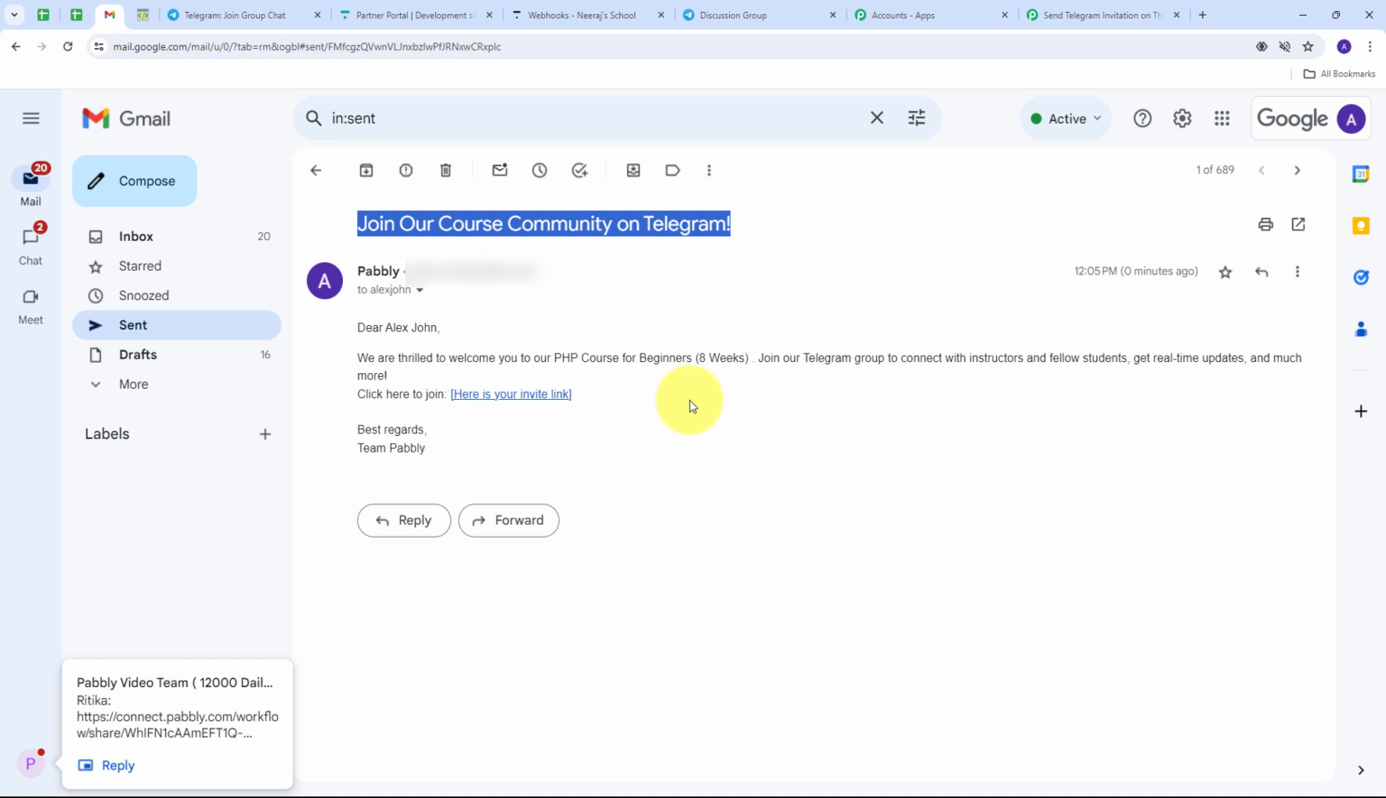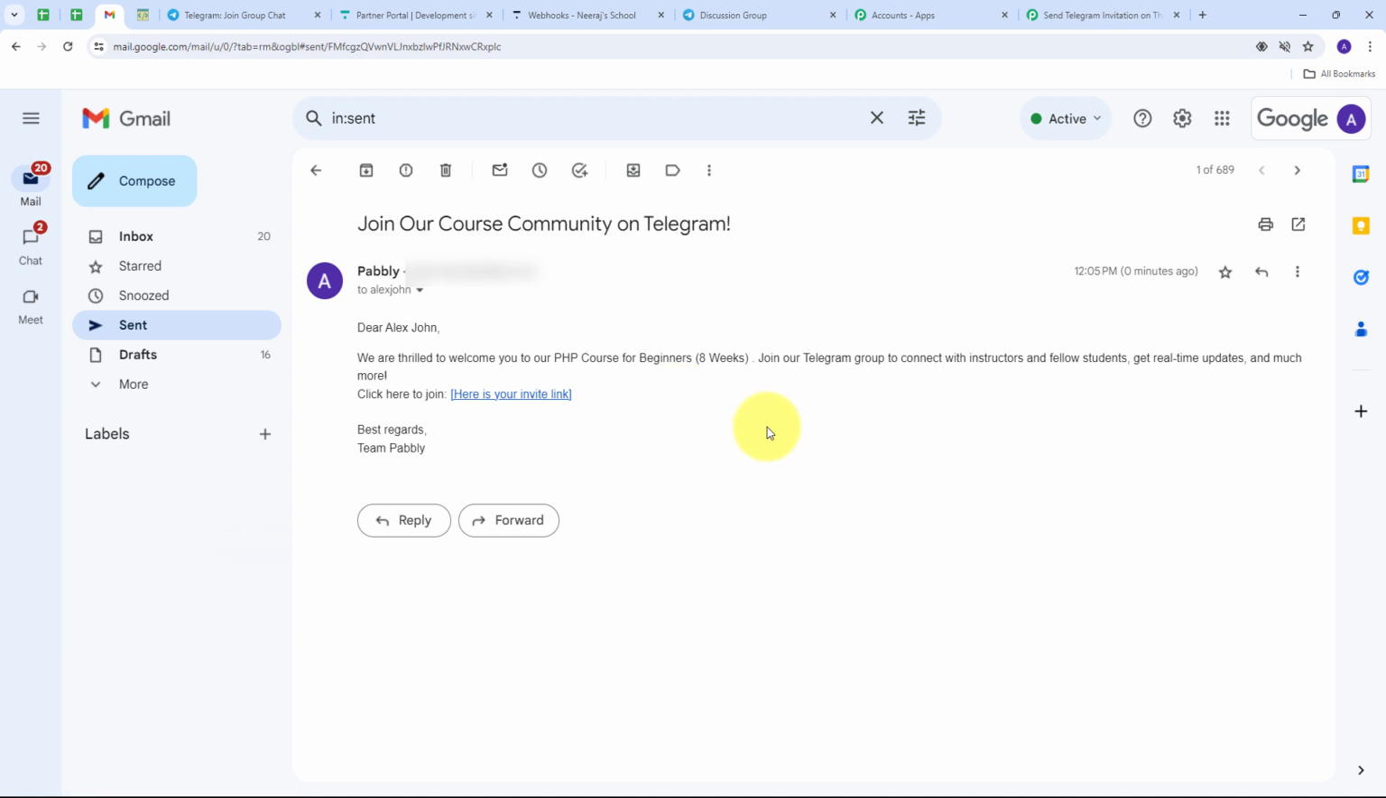Now let's go back to Gmail. And here on Gmail, we can see I've successfully sent this email to my user with my invite link that I've created by using Telegram. Now here, whenever I'm going to receive a new enrollment for a course in Thinkific, then automatically by using that enrollment detail,